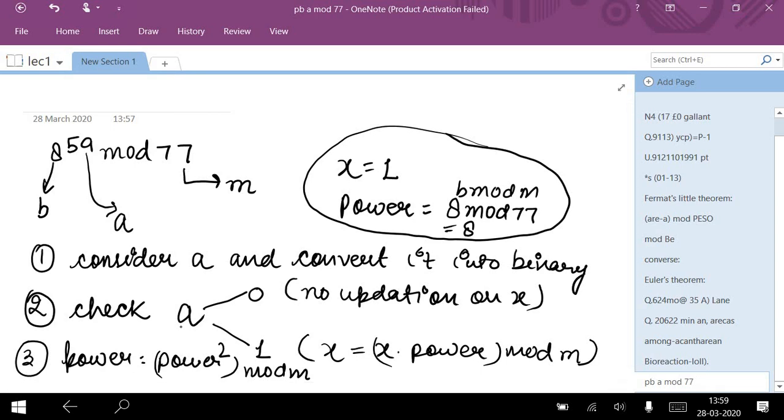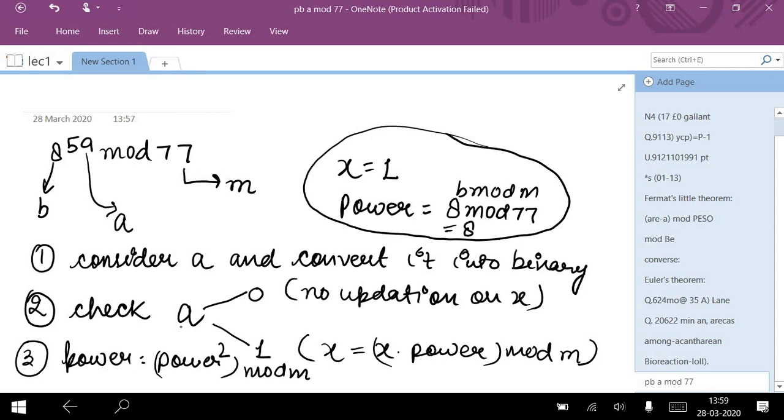Then put the integer x equal to 1 and power equal to B mod M. The answer is 8. Now follow these 3 steps. The first one is to consider a and convert it into binary form, which means we have to convert the 59 into binary form. Second, we have to check the value of a, whether it is 0 or 1. If the value of a is 0, then there is no updation of x, as x will be